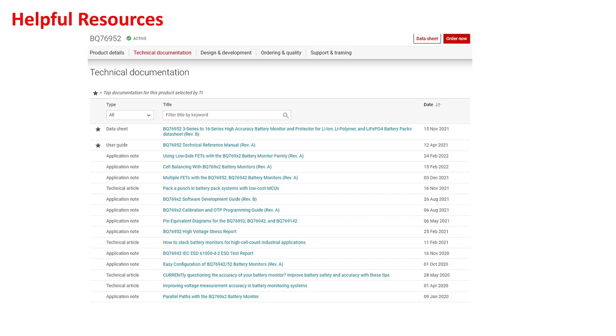Here you will find a few important documents to keep handy while creating your schematic. The datasheet and technical reference manual are essential, and there are multiple application notes I will be mentioning throughout the video, highlighted here. You will find links for all of these documents in the video notes.